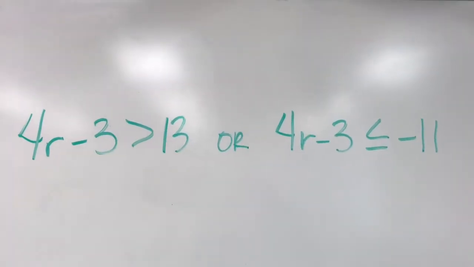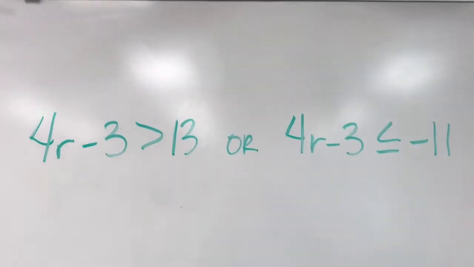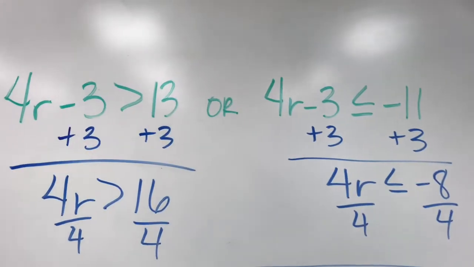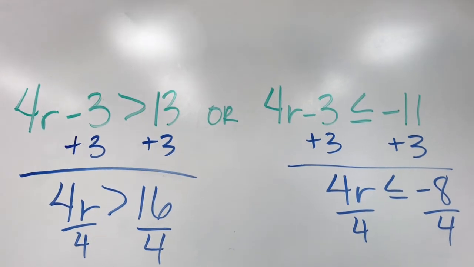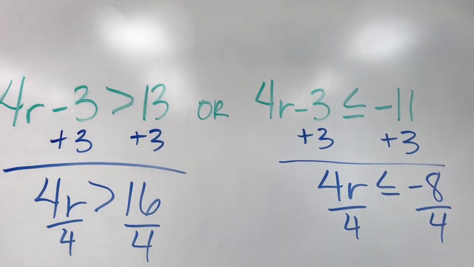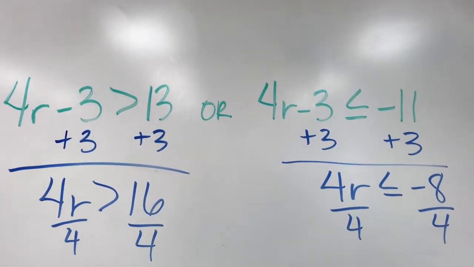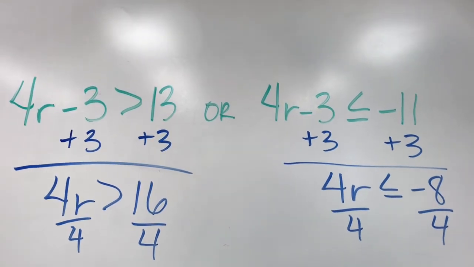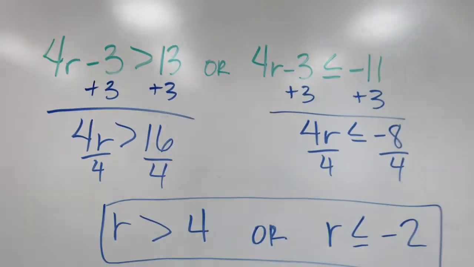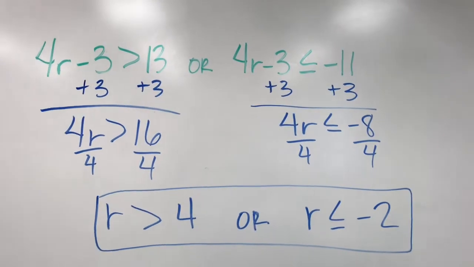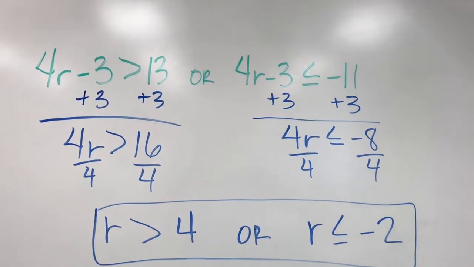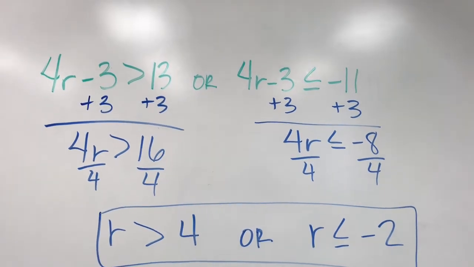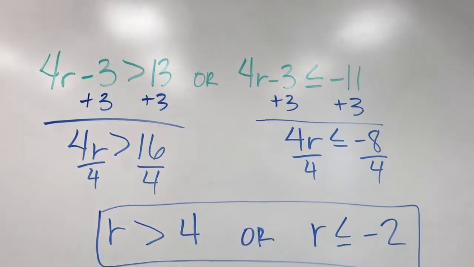Now here is an OR problem. Do you think you can get this one? So you're actually going to solve both of these. Okay, so for both of them, we'll start with adding 3 to both sides. Then we divide by 4, and we get r is greater than 4 or r is less than or equal to -2. So that means any number that's either greater than 4 or less than or equal to -2 will